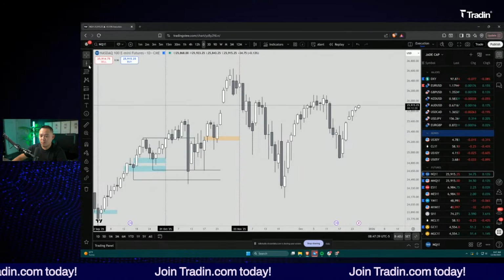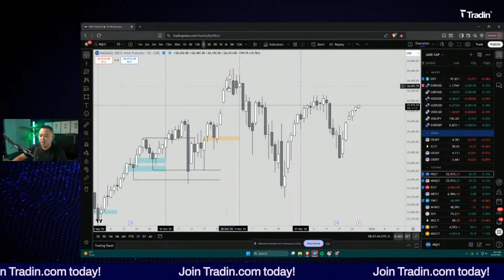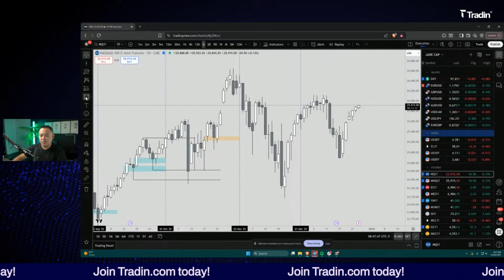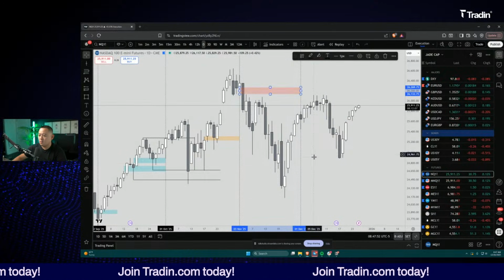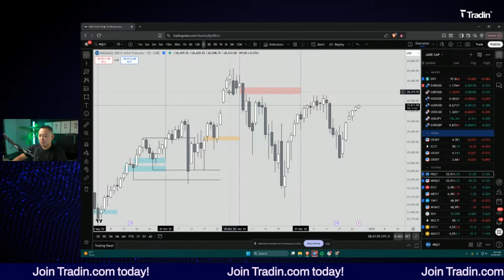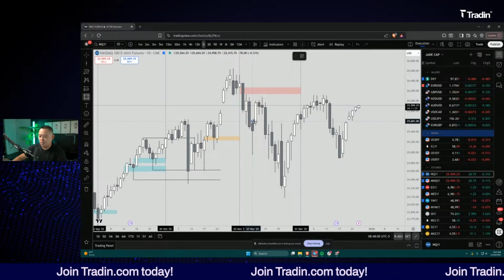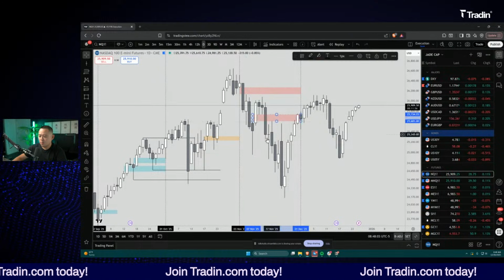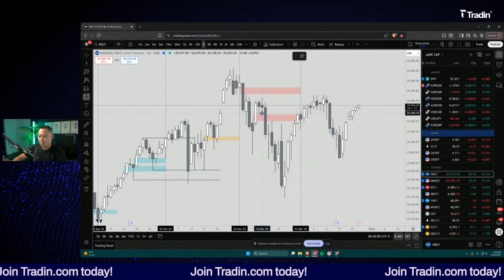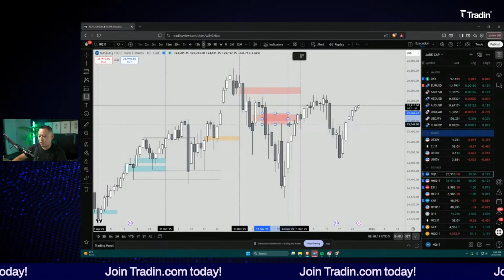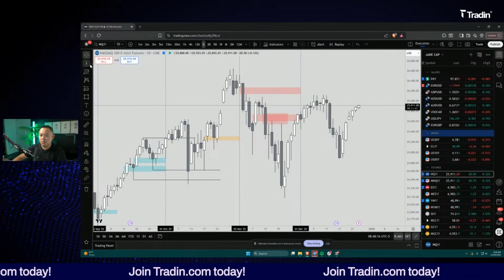Here in November, we get a very strong flush lower. So we have a lot of these buy side imbalances being ran out. We have a bearish fair value gap that doesn't get retested, and then it rolls over. I didn't really find too many trades in here other than maybe losing this bullish fair value gap. So we lose the bullish fair value gap, and then we get a bearish fair value gap here. These couple days would have been good short opportunities, here and then in here, running out the previous monthly low.